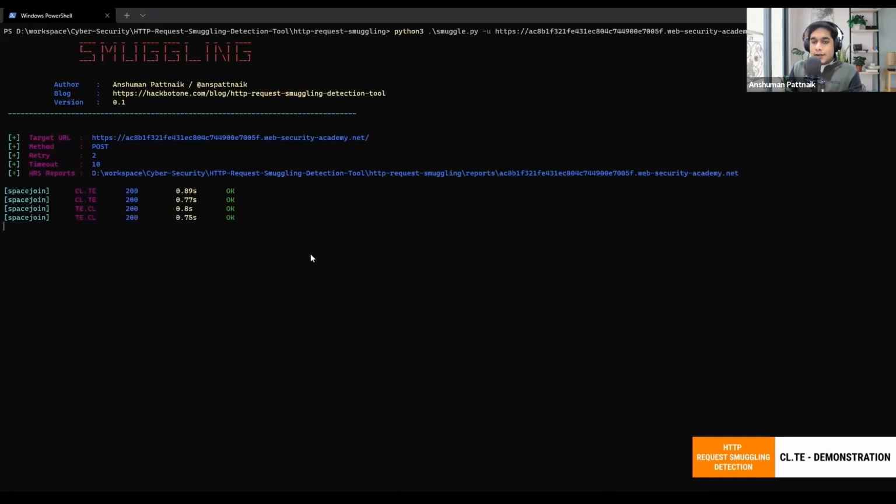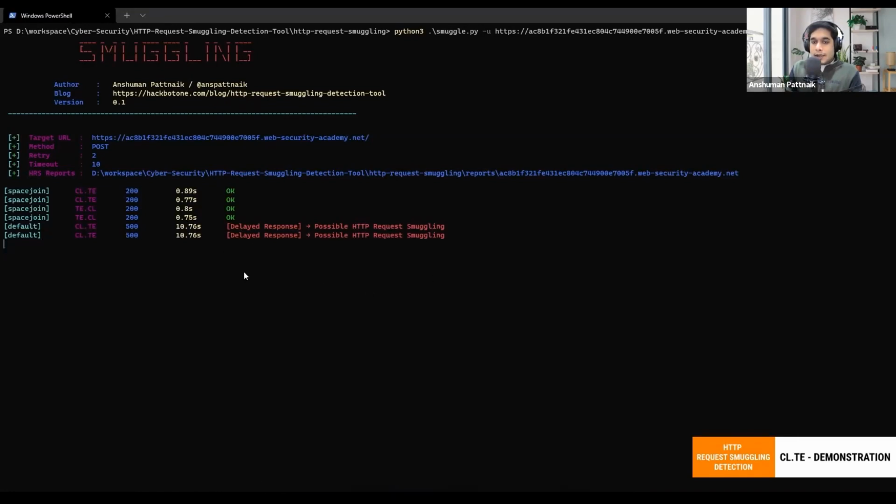At first it will check for CL.TE, then TE.CL, and you can also see the response time for every detection technique. And as you can see here, it's able to detect the CL.TE vulnerability in the target website, and the response time is around 10.76 seconds.